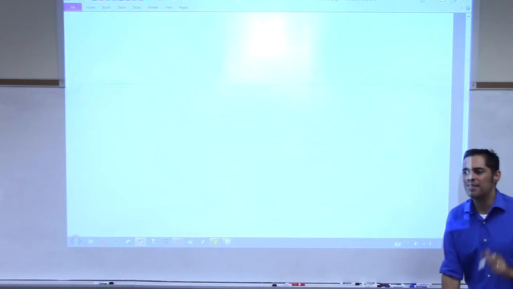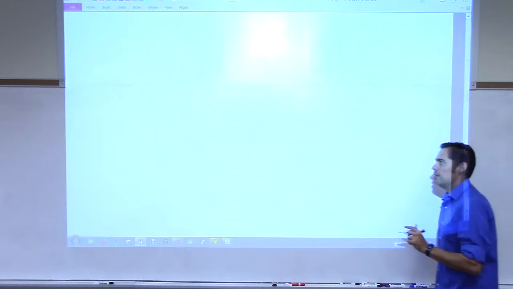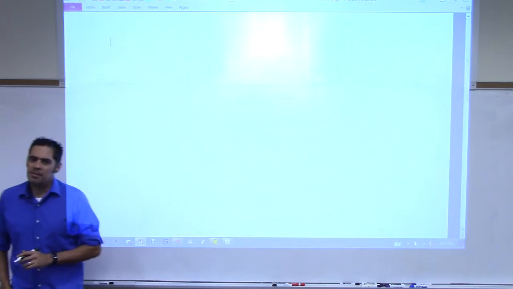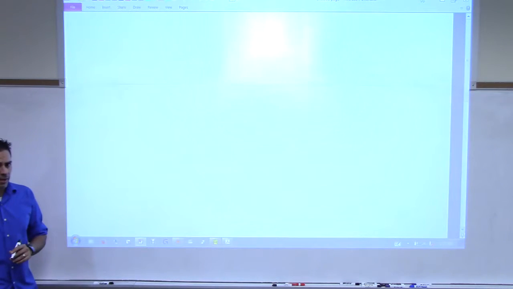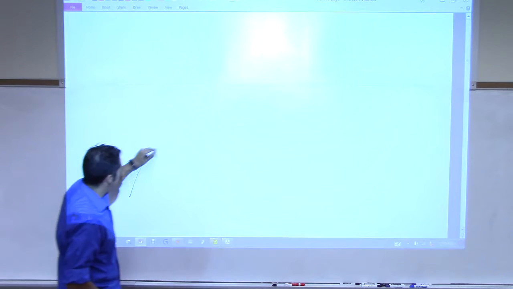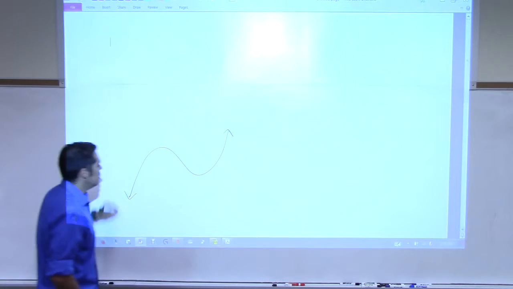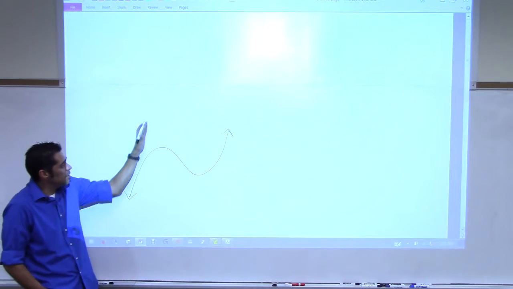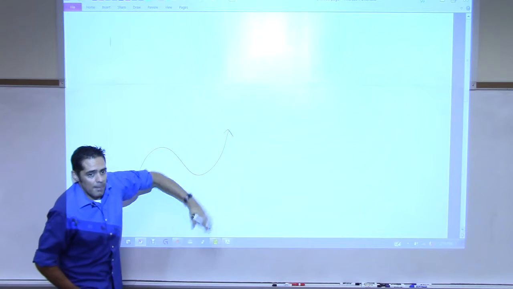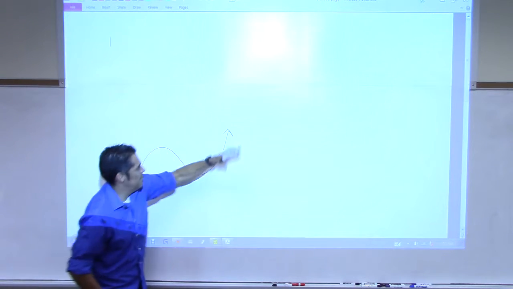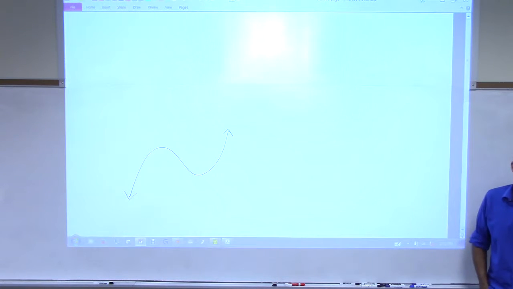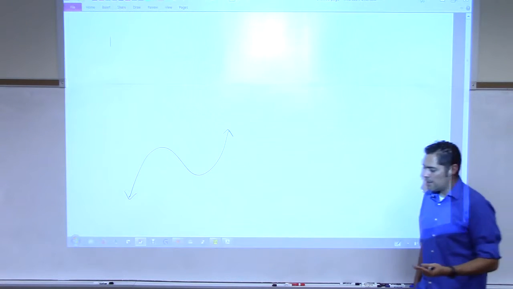Let's look now at the second derivative. Now this one always confuses, not confuses, but this is not as natural as the first derivative is. When we have a function like this, the first derivative is pretty obvious since it's the slope. It tells you where you're going up and where you're going down, right? Positive derivative, negative derivative, positive derivative. But what about the second derivative? Does the second derivative tell you anything? And it turns out it does. The second derivative tells you,